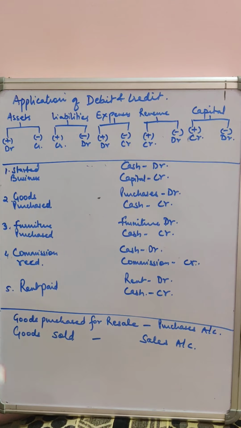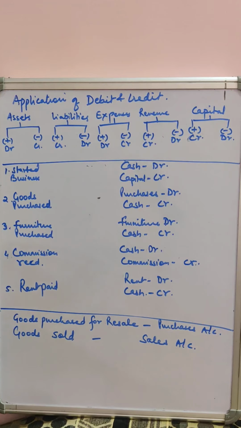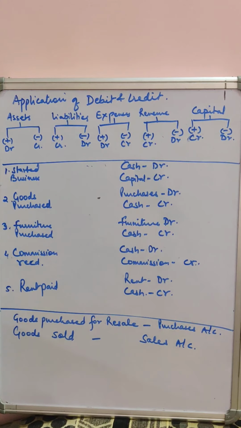And purchases, why have we debited purchases here? Because you can consider it as stock. So it is going to increase your stock. That's why we have debited it. So here we have two things. Both are said to be assets. One is increasing and another one is decreasing. So the thing which is increasing needs to be debited, and the thing which is decreasing needs to be credited.